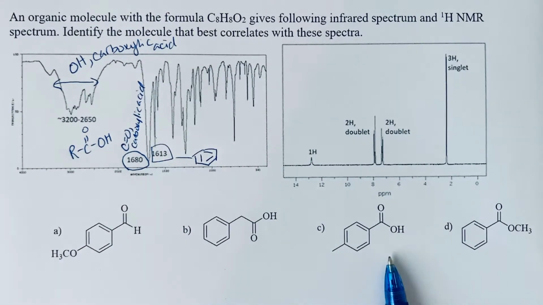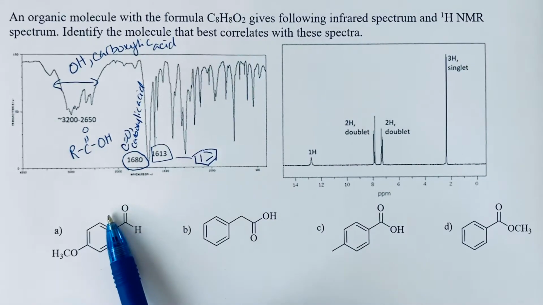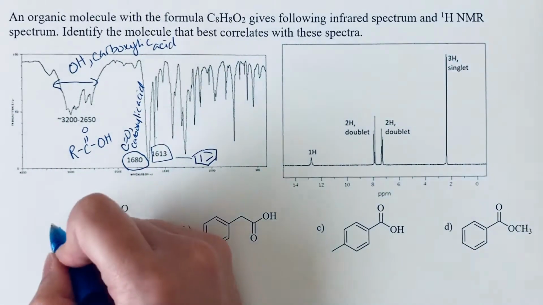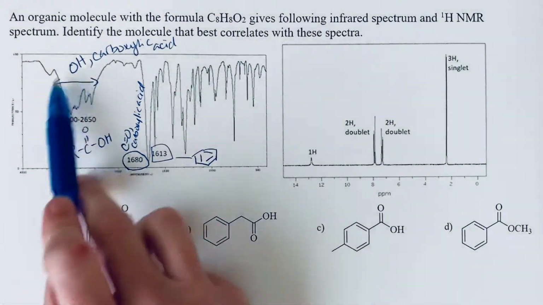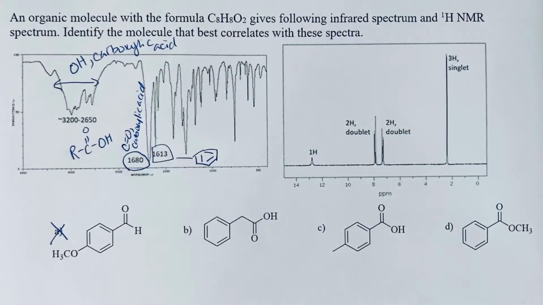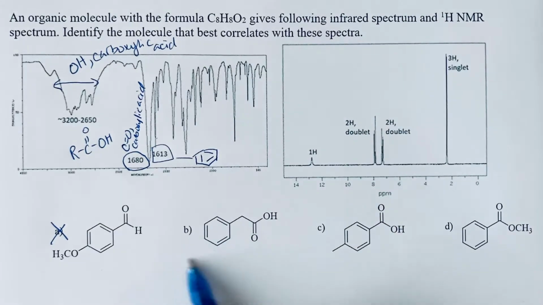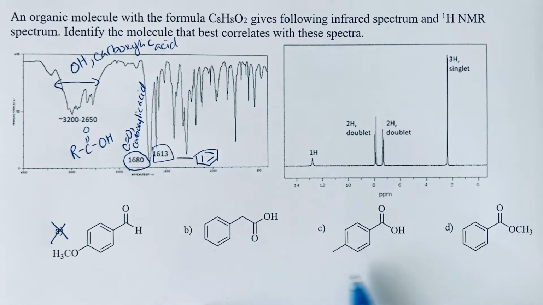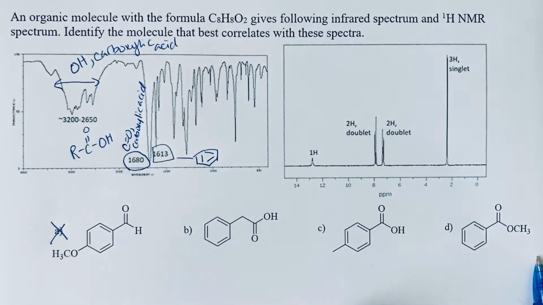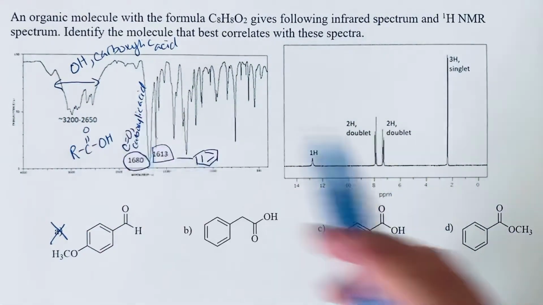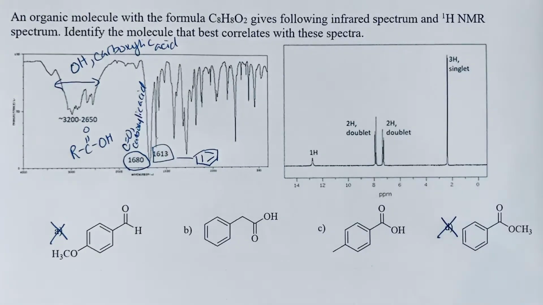at the possible molecules. And so we can see that the first one is an aldehyde, and this is not an aldehyde IR. It is not what it looks like. We would not have that big OH stretch for an aldehyde. This B is a carboxylic acid, and it's an aromatic carboxylic acid, so that's a possibility. C is also an aromatic carboxylic acid, and then D is an aromatic ester, and so the ester again would not have that OH. So now we want to look to the proton NMR spectrum and see what we can